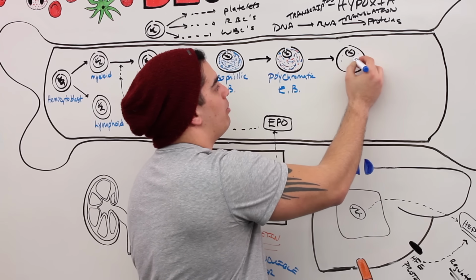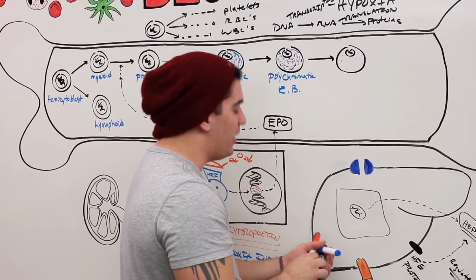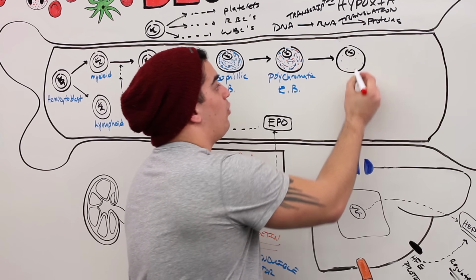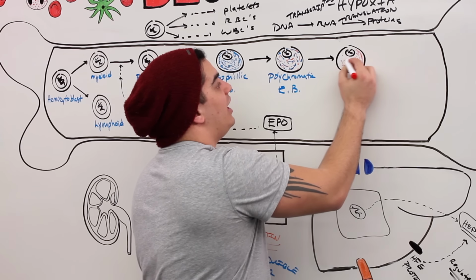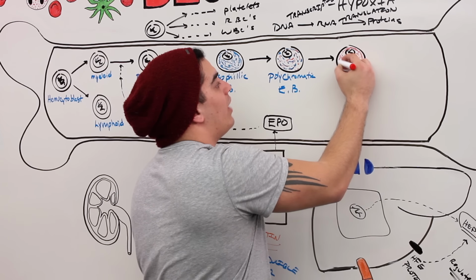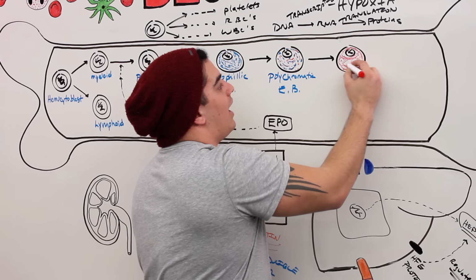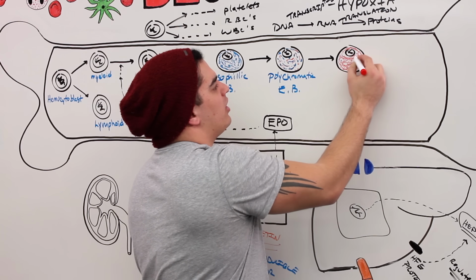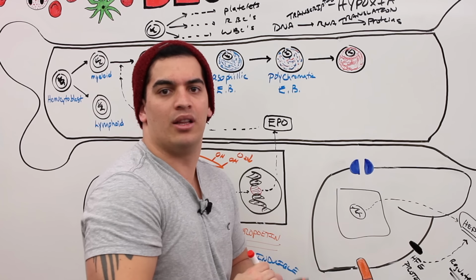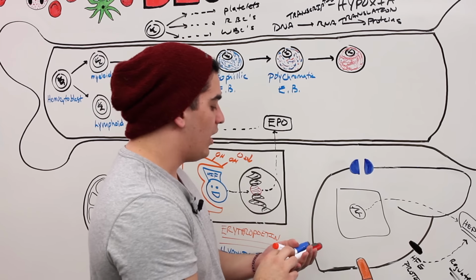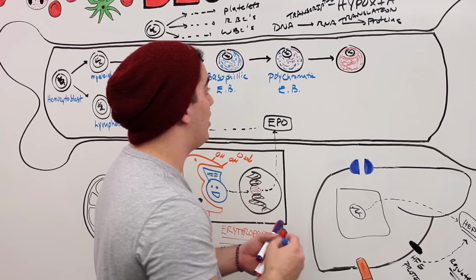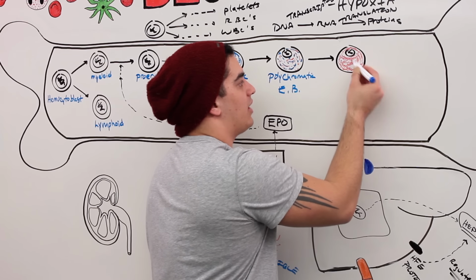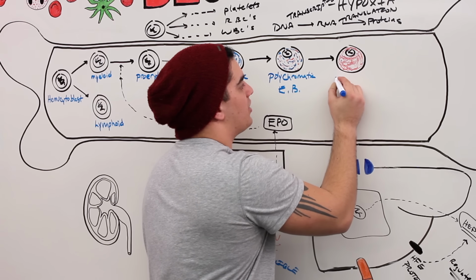So let's just draw a little bit of blue here, just a little bit. But now it should primarily be enriched with hemoglobin. So it should be red, a lot of red here, because of the hemoglobin. We might have a little bit of blue here because there still might be a little bit of mRNA left. Now this one is primarily of a specific color, and that is the red color, right? It's eosinophilic. It's going to be acid-loving. So now this is going to be called a